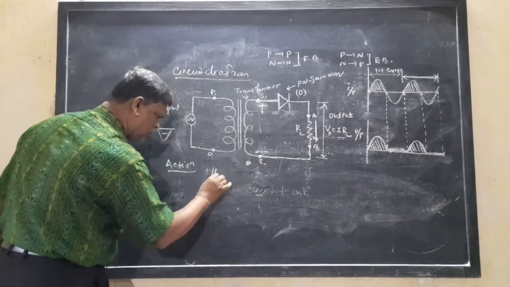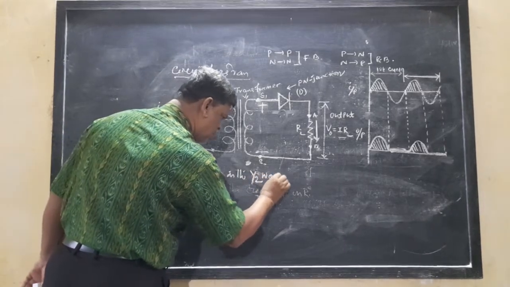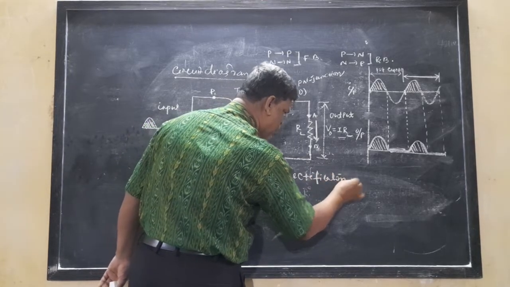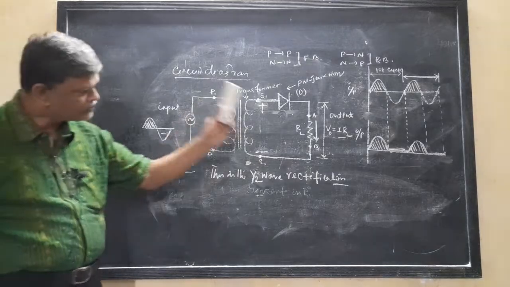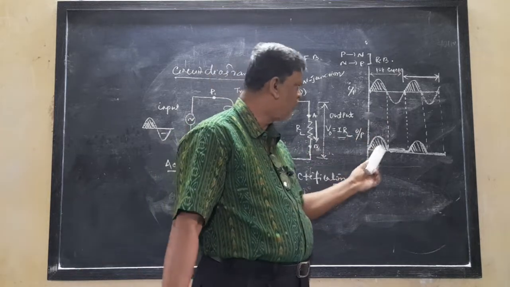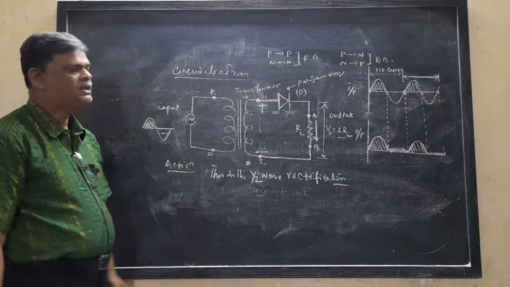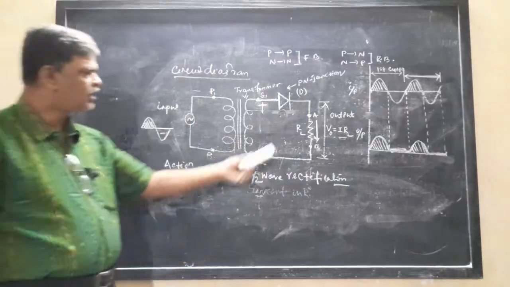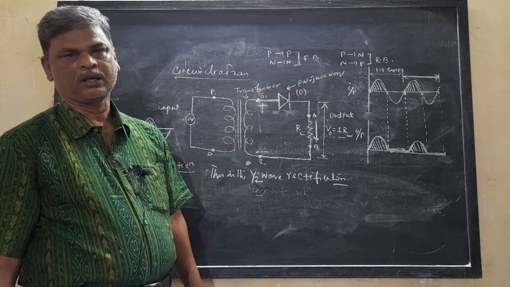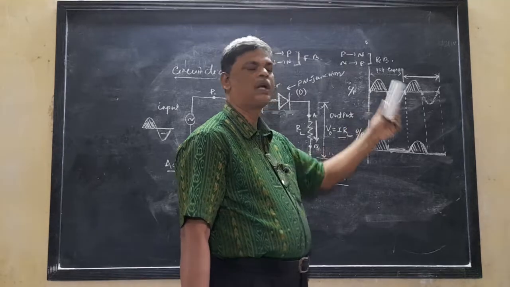So this is the half wave rectification. Only one half cycle of AC is converted, but the other half cycle is not converted. For the other half cycle, the output is zero. It is converted. It is not converted. Only one half cycle is converted, and the output current through the load resistance is always in one direction. So it is a DC current. Clear? But the DC current obtained is also variable, as AC.